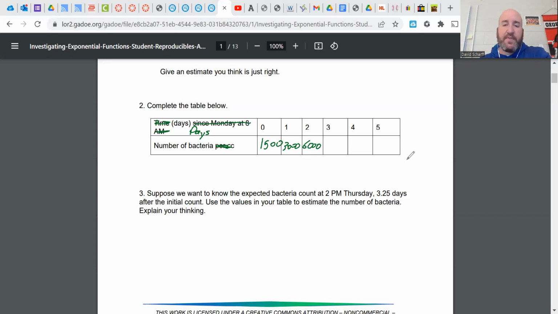So hopefully you had time to fill in that table. If you just kept doubling, you would have gotten 12,000. I'm going to put 12K to shorthand it, so I don't have to fit all those zeros in there. 24,000 and then 48,000. All right. So just to give you all an idea of this,